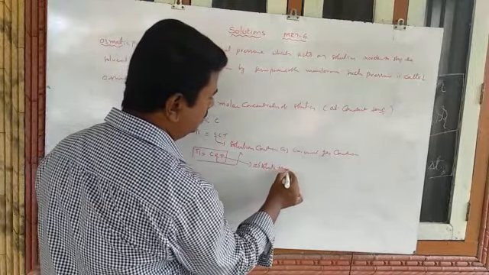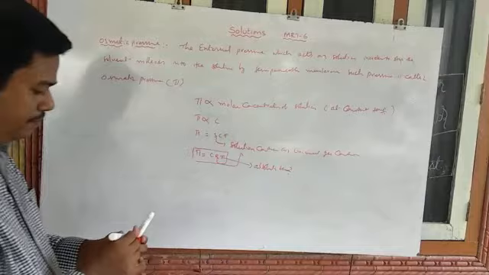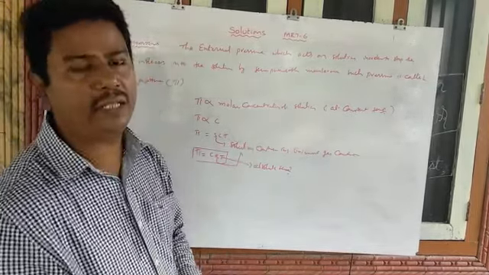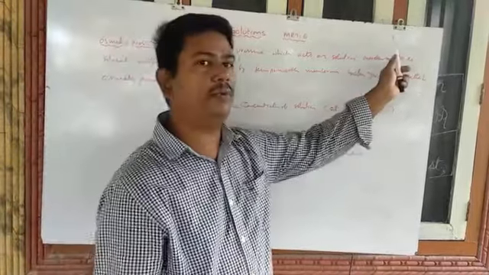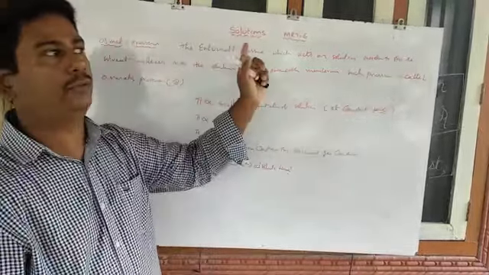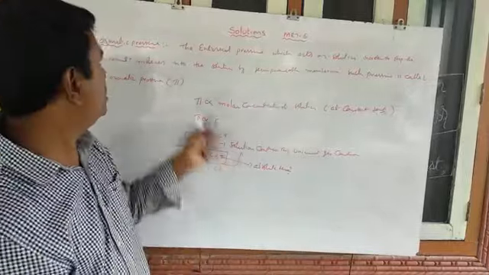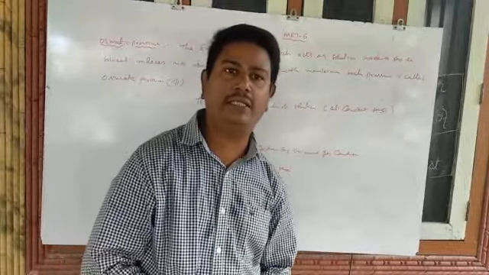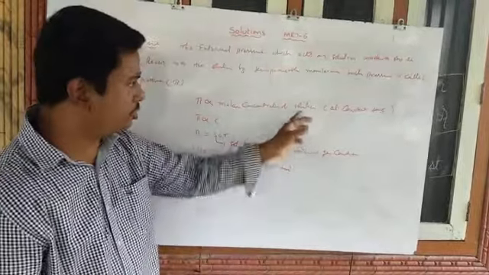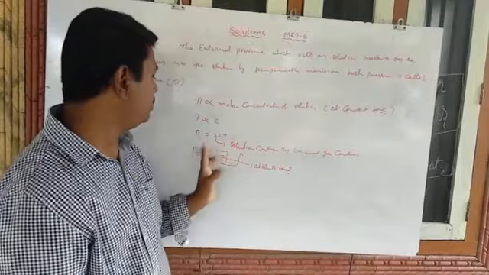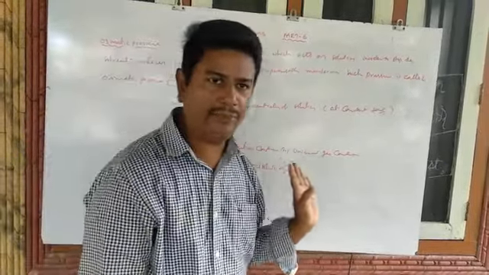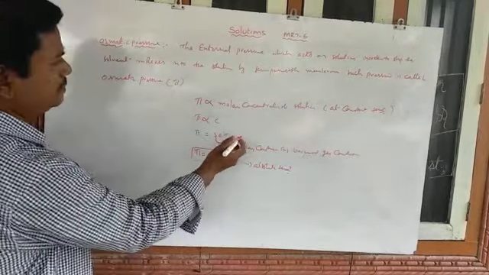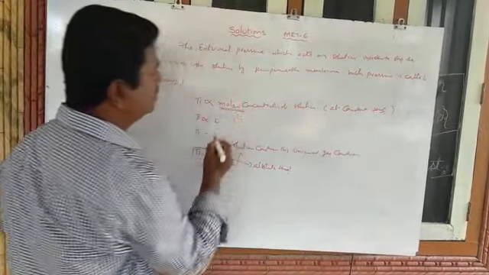absolute temperature. Okay, so osmotic pressure means the external pressure which acts on the solution to prevent the inward motion of solvent molecules into the solution by a semi-permeable membrane. Such pressure is called osmotic pressure. And this osmotic pressure is experimentally found to be directly proportional to the molar concentration of the solution at a constant temperature, that is, pi equal to CRT. Here the concentration is expressed as molar concentration. Molar concentration means molarity.